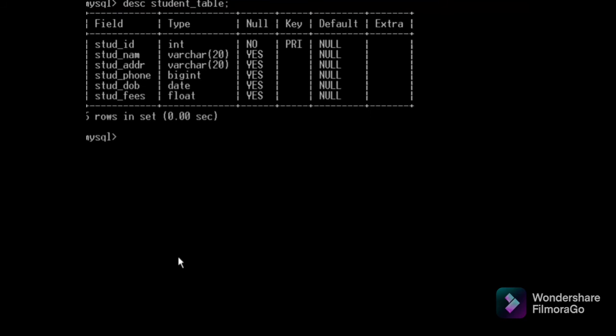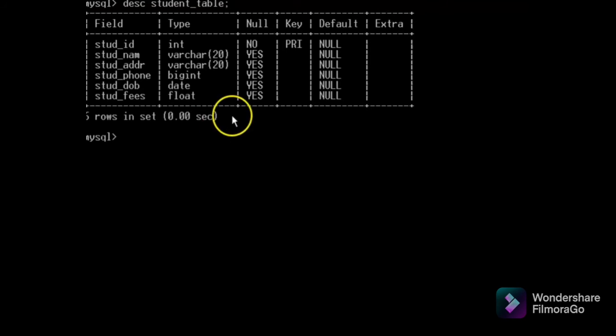So we'll see describe student table. So 1, 2, 3, 4, 5, 6. So these two we have used by create table. After that, if you want to add, you can use alter table. You can alter any data type or field name or constraint or key or default, anything you can change by using alter. Alter means nothing but you are changing the structure of your table.